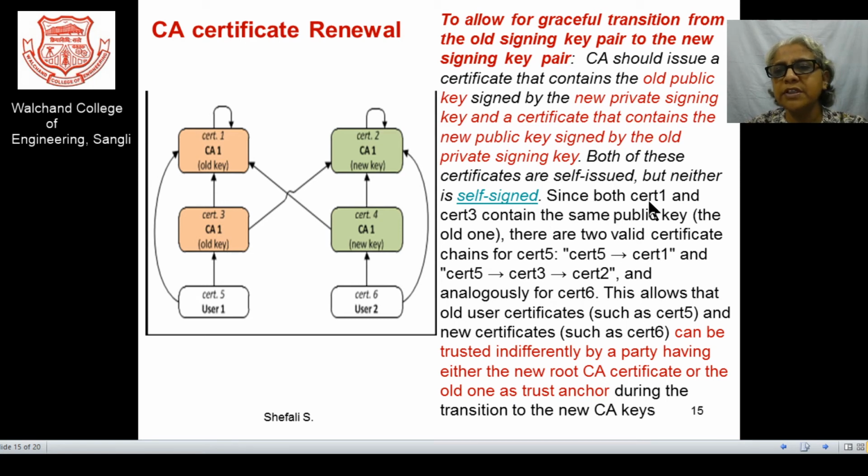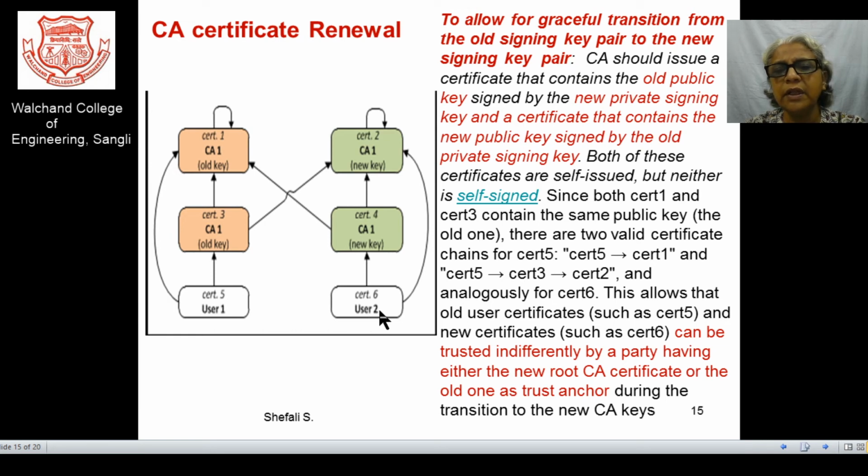Both certificates, the certificate 1 and the certificate 3, are from the old one and contain the same public key, and there are two valid certificate chains for the certificate 5. The certificate 5 can be reached with the two chains we saw earlier.